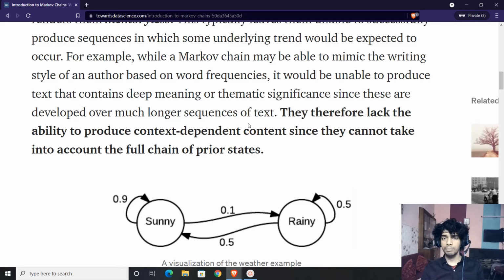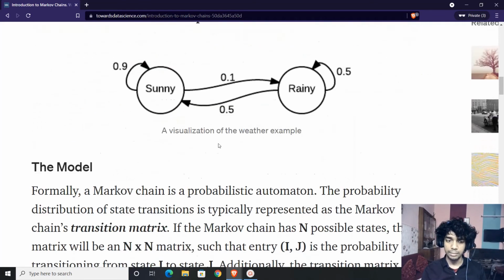It might be able to mimic the style of a writer, but it won't be able to understand the context behind it, and thereby it would be able to copy the style of a few short sentences. However, the meaning that the writer is trying to convey will not be successfully copied and mimicked by the Markov chains. That's a limitation.